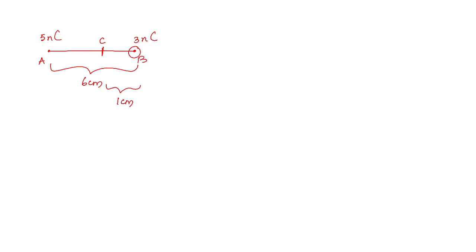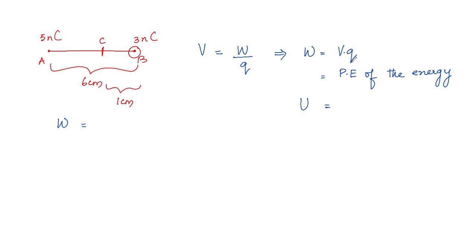Let's see, what is the work done? Can you write to me the formula that you will write for work done from what we have discussed so far? V is equal to W by Q, so W becomes equal to V into Q. What is this V into Q? How can work done come in volts? Tell me, Sanya. Absolutely right, Mayank. What we found is the change in potential, and it has to be in joule. So this is nothing but the potential energy of the system. Work done is nothing but potential energy of the system, and U is equal to KQ